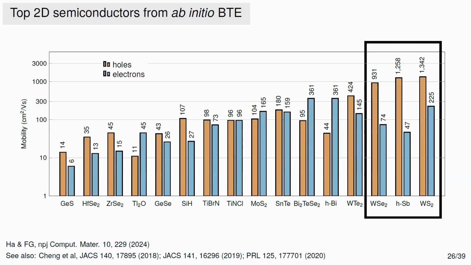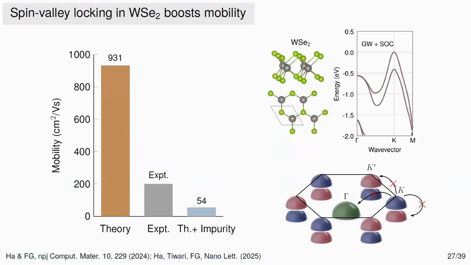So the first reaction from colleagues was, your calculations must be wrong because clearly you're completely off base here. And at this point, what you do is try the calculation again. You try to understand whether we're doing something reasonable or there's something wrong with your setup. So this is just an example, one of the two, the tungsten diselenide. The first question was, are the calculations correct? And the answer is, well, as far as we can tell, after repeating them many times, they seem to be correct. But the prediction is up here, while the experiments are all in this ballpark, mostly around 100 and some all the way up to 200, but nobody can go up to 900.